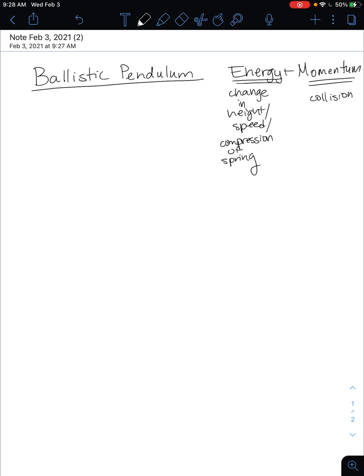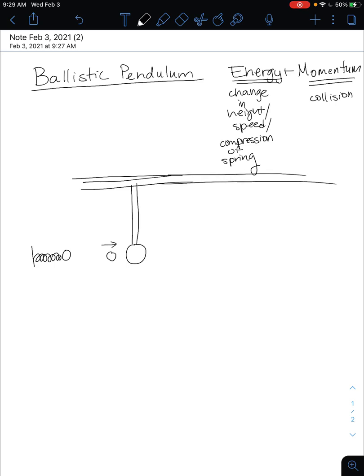Here's the setup of a ballistic pendulum. The idea is something like this. Possibly a spring-loaded launcher would launch a ball. And so it starts off with the spring totally compressed. And then afterwards, the spring launches the ball so that the ball is moving. Then that ball that's moving gets caught by a hanging catcher that's hanging from a device possibly connected to the ceiling. And so this ball is going to hit into this catcher, and then the two of them will move